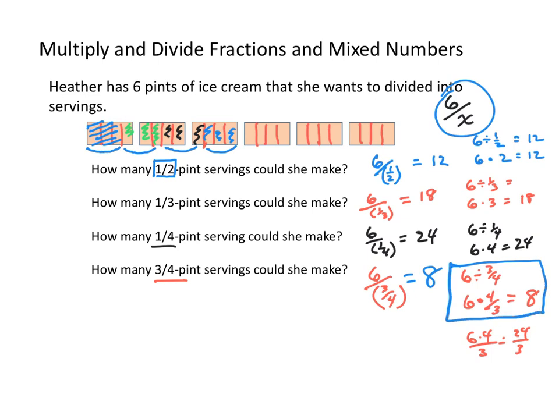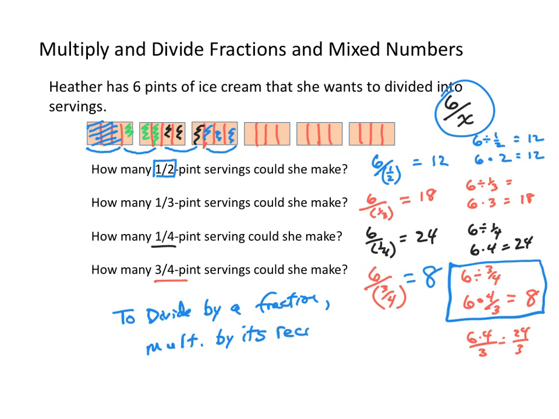6 divided by 3/4 is the same as 6 times 4/3. Dividing by a fraction is multiplying by the reciprocal. To divide by a fraction, multiply by its